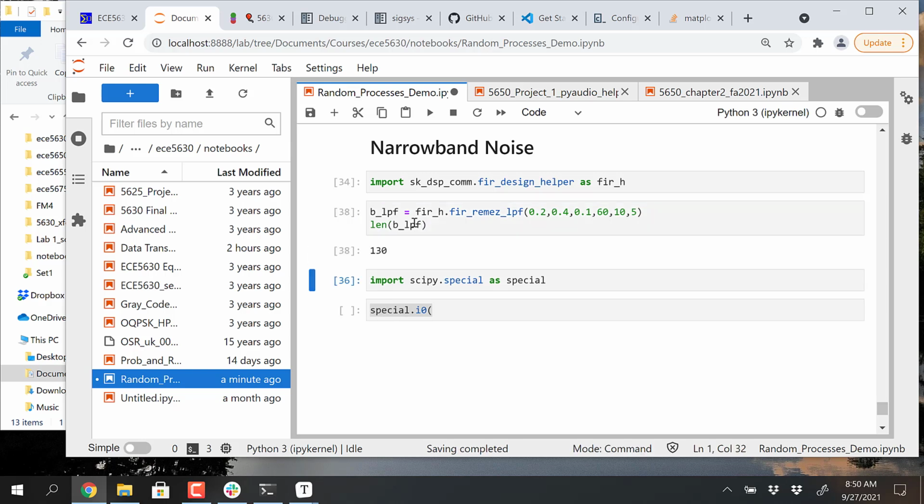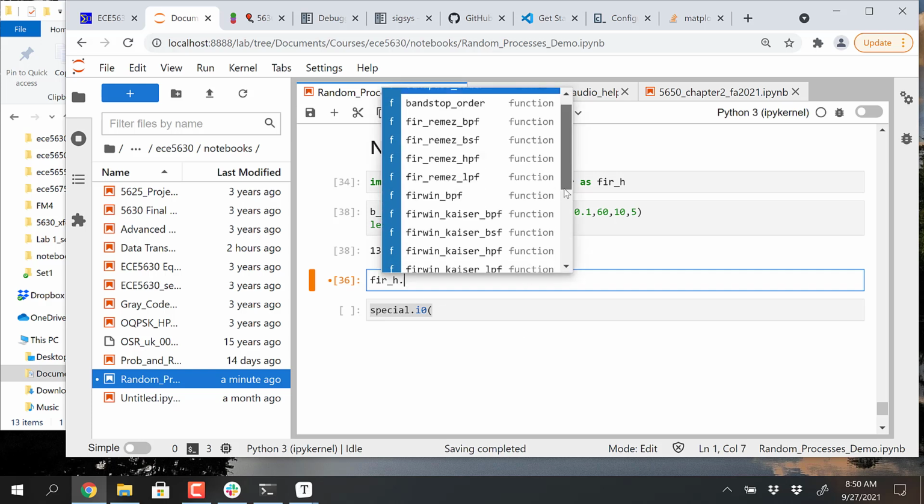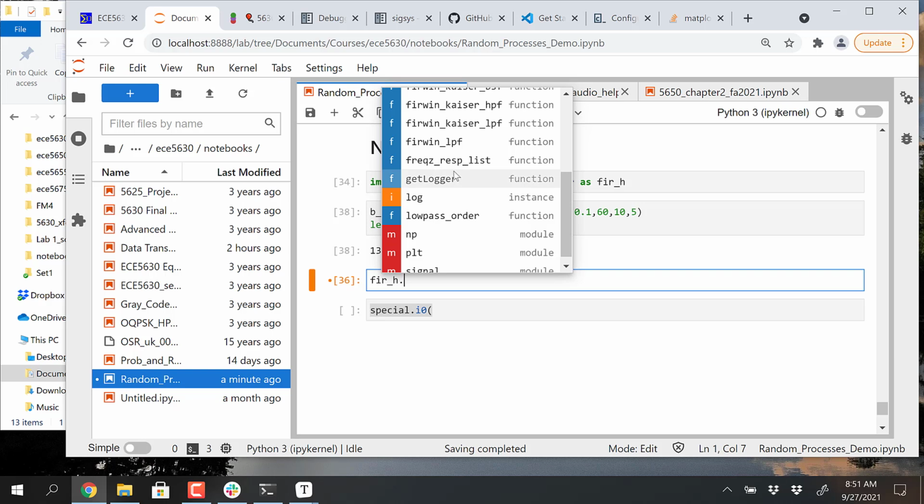And then when I run this cell, it's going to give me the order of the filter. So it's a 130 low-pass filter. And furthermore, just cannibalize that for now. If I wanted to get a plot of it, I've got a function in this module. It's called